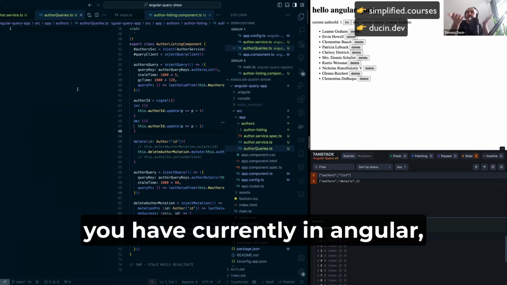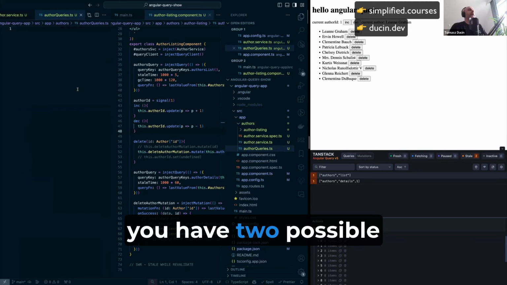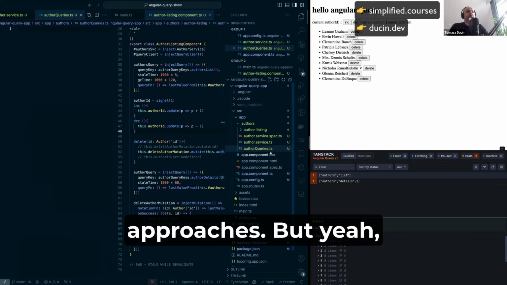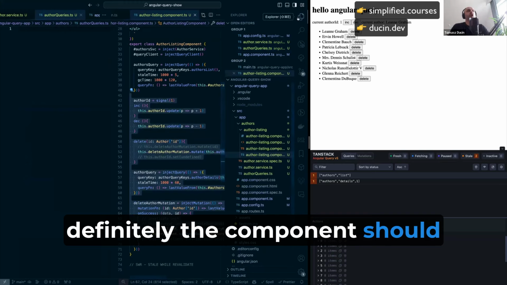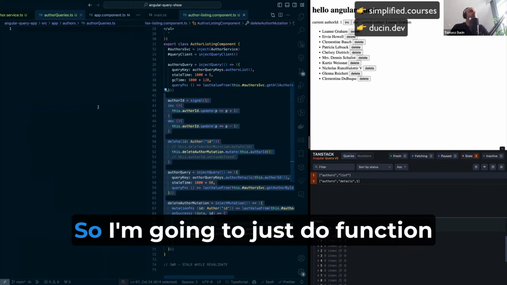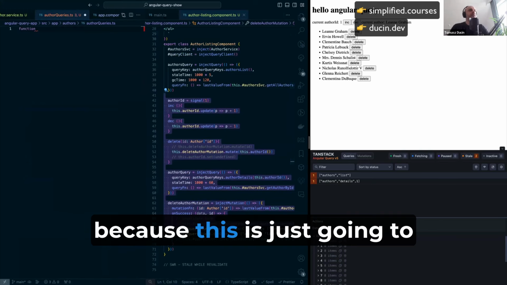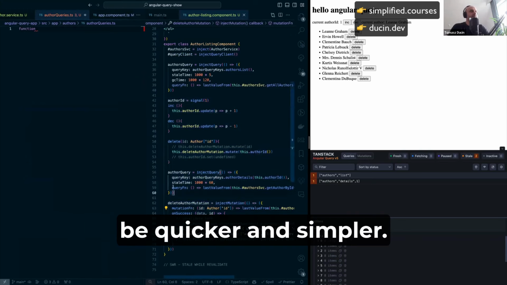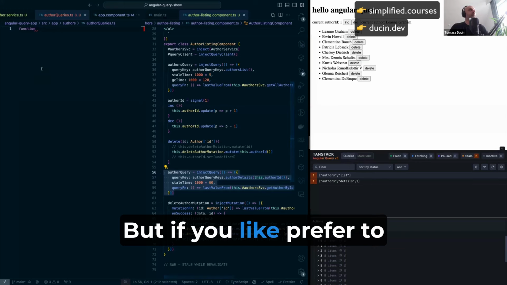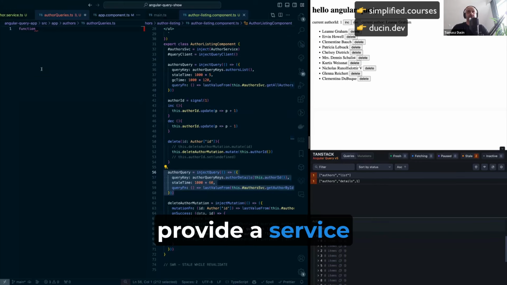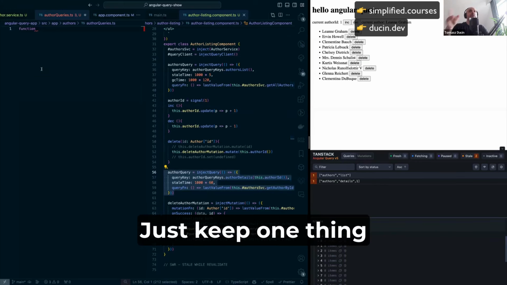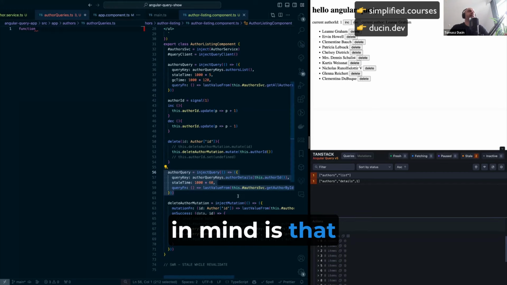Currently in Angular, you have two possible approaches. But yeah, definitely the component should not be responsible for this thing. So I'm going to just do a function because this is just going to be quicker and simpler. But if you prefer to provide a service, go on with that. Just keep one thing in mind,